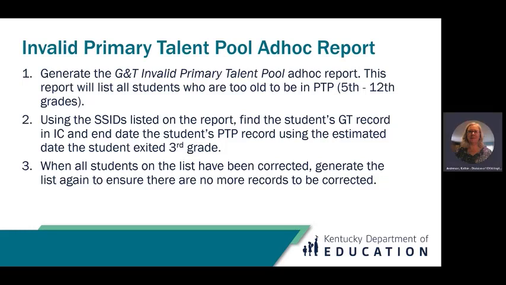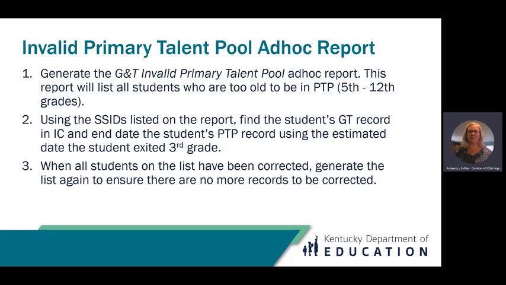So first begin by generating the G&T Invalid Primary Talent Pool ad hoc report. This report will list all students who are too old to be in PTP. This means students who are in 5th through 12th grade. Using the SSIDs listed on the report, find the student's GT record in Infinite Campus and end date the student's Primary Talent Pool